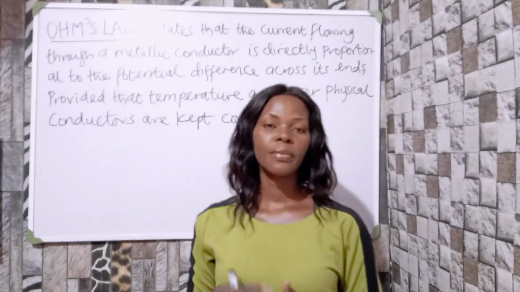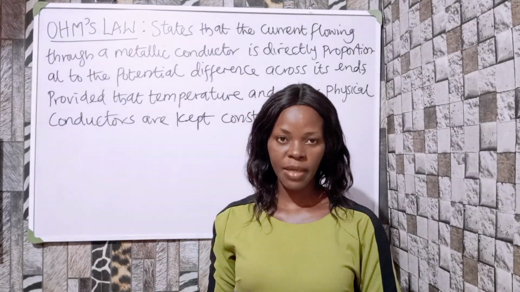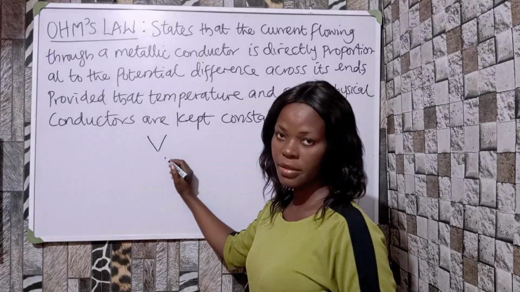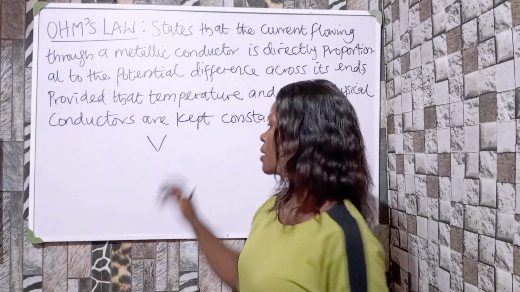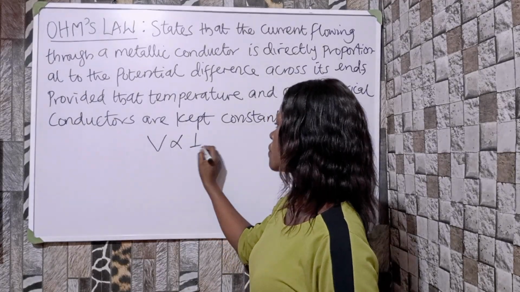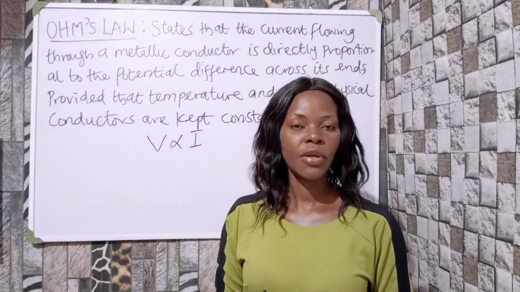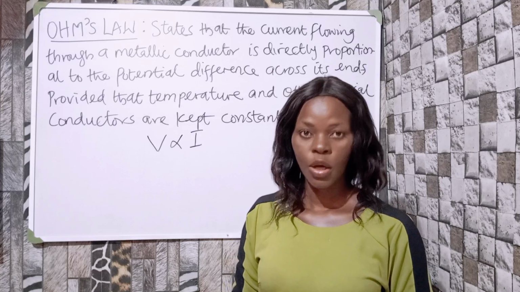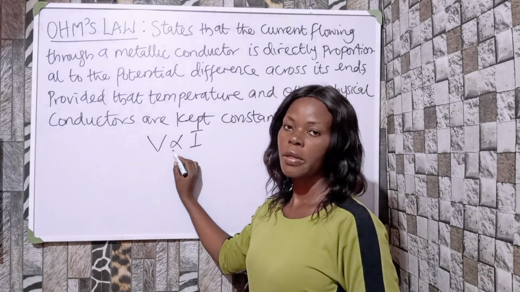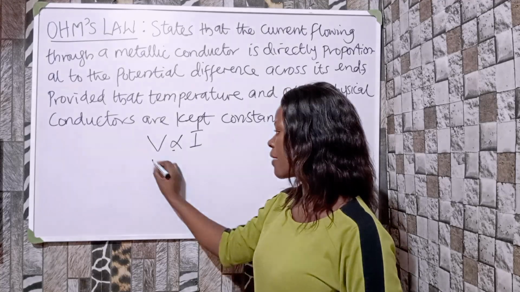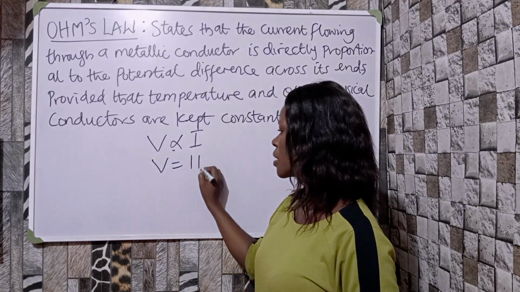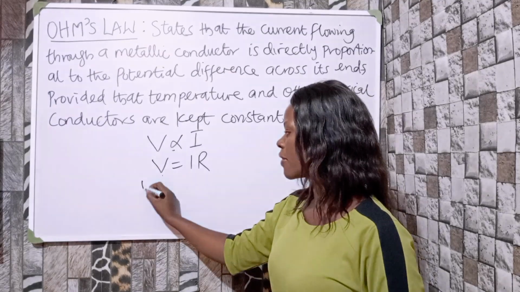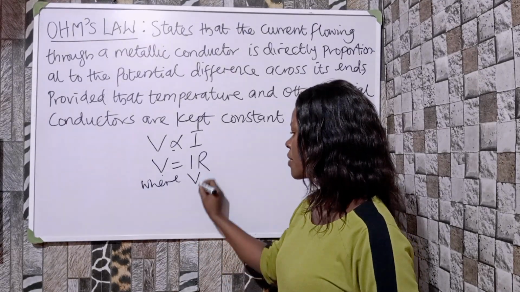We can prove this law mathematically by saying that the PD across the ends of the wire is directly proportional to the current flowing through the wire. Now, in every law in physics, we must remove the proportionality sign to introduce a constant. So if we introduce a constant here, we're going to have V equals IR, where V is what? The potential difference,